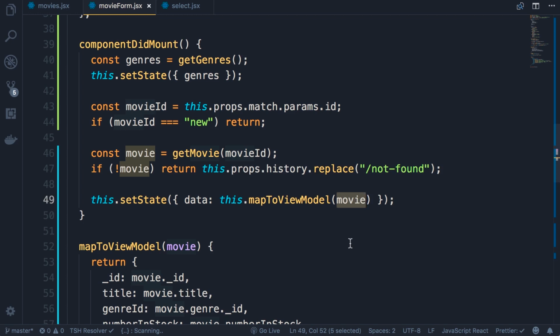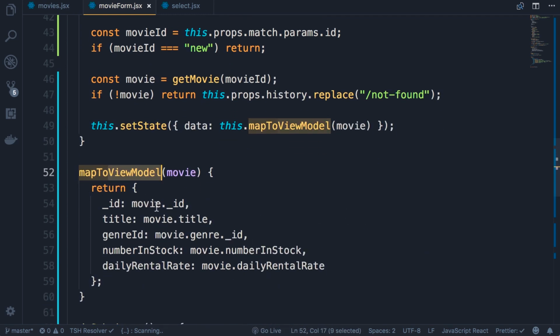We refer to that kind of movie as a view model. It's a model for the view. So here basically we are returning a new object, and look at our transformation. We're setting ID to movie.id, title the same, but we don't have a genre property here. We have genre ID, which is mapped to